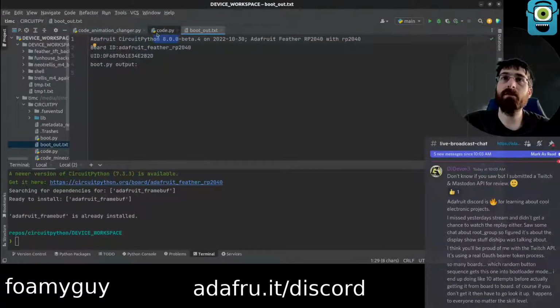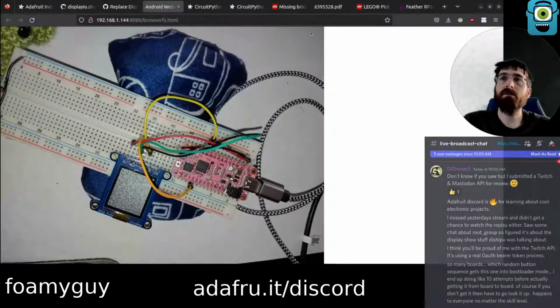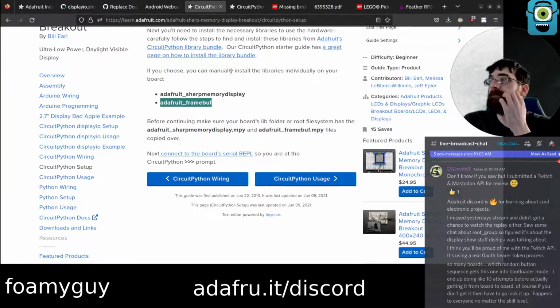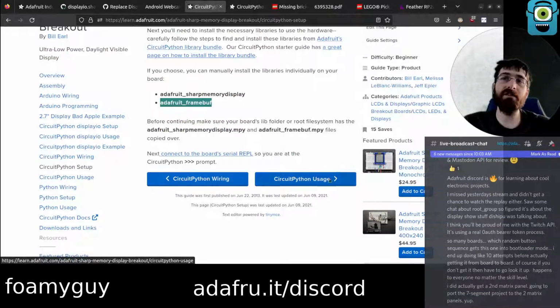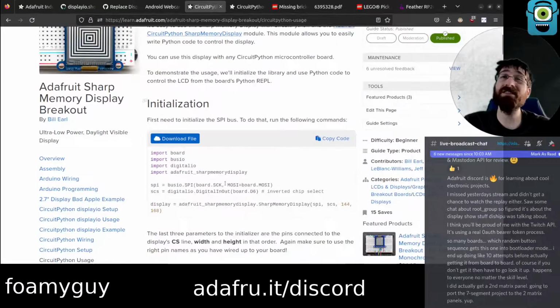Okay. So many boards, which random button sequence? Yeah. I mean, they're fairly consistent, but there are some differences, and it does throw me off. I will say too, double tap reset is generally pretty safe for getting to bootloader.